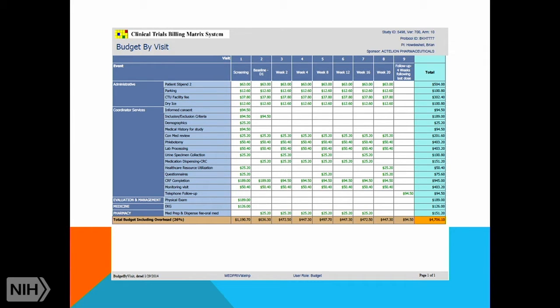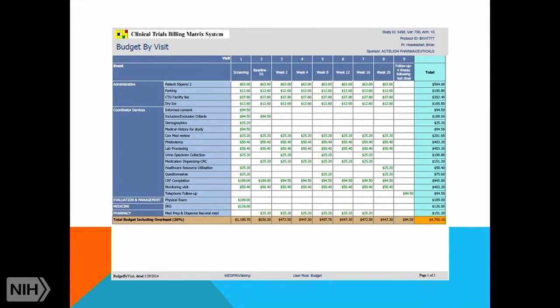Because I don't ever send these budgets to sponsors. These are our internal budgets only that we share among the PI and the coordinator and departments for their review, and I tell them that this is to stay within us. This is our estimate. This is not what we would send to a sponsor. The only time I do send them to sponsors is if the sponsor does not have their own budget template, which does happen occasionally, especially new startup companies. They haven't a clue where to start, so I'll send them, and that's fine.